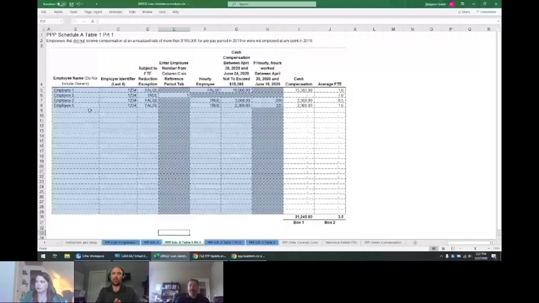As you answer these questions, the blue cells will change from light blue, meaning you can input things there, to a shaded cell, meaning you don't need to make any inputs based on your prior inputs in previous columns. I think one of the keys to this tab is understanding the FTE reduction